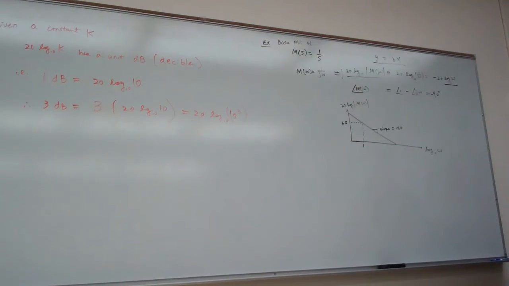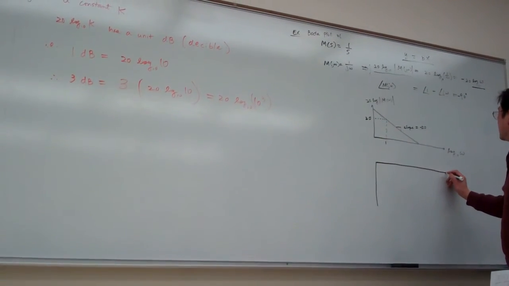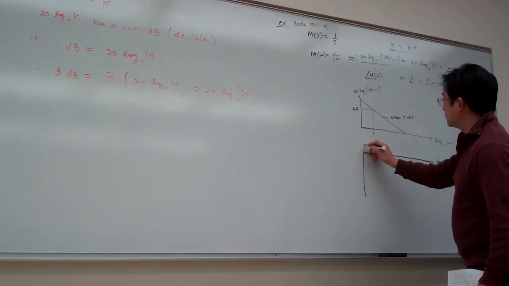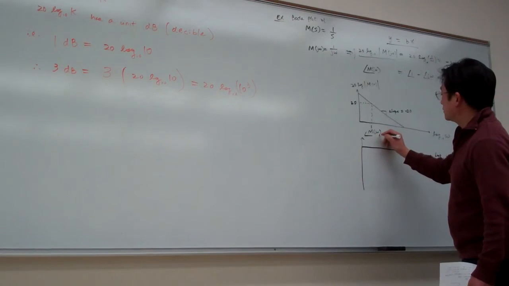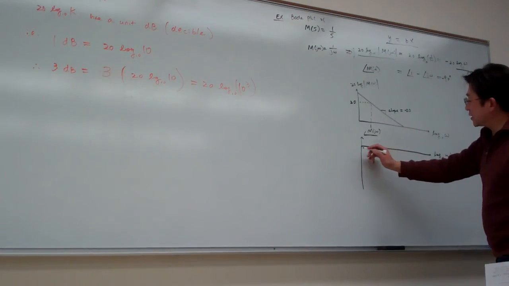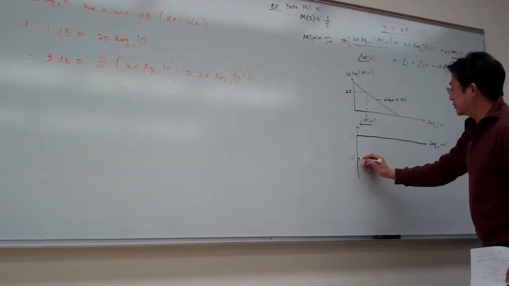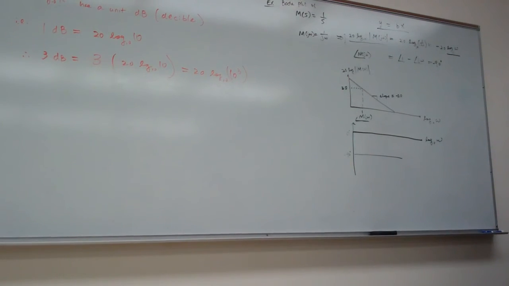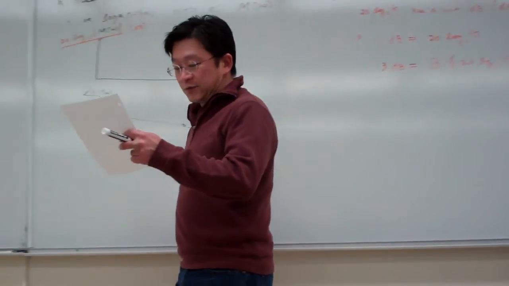And then for the phase, for this one it's minus 90 degrees. So here is 0 degrees, minus 90. So here it is constant, always. Okay, so that's it. Then the next one we can try is a little bit